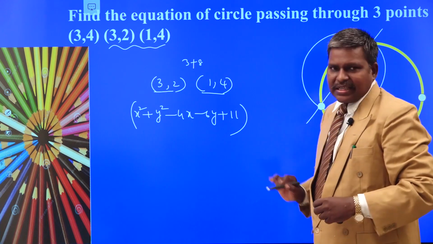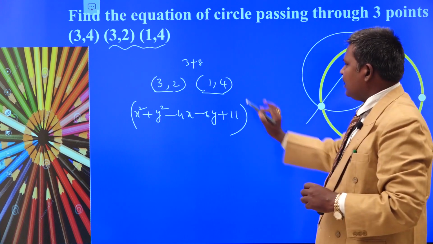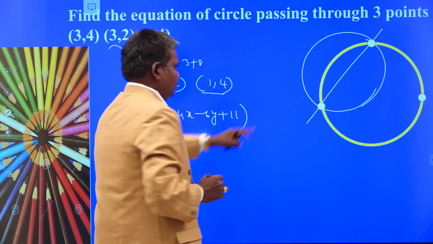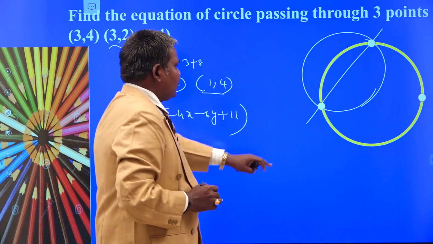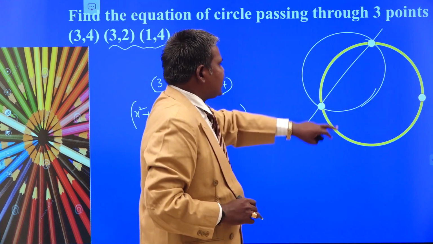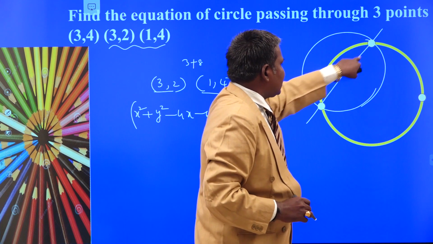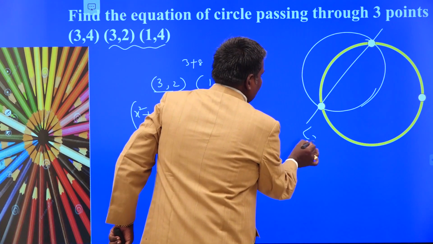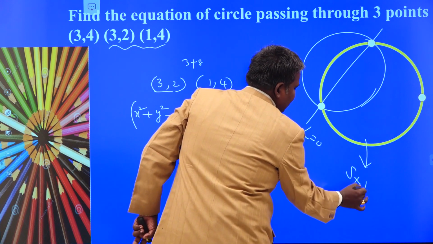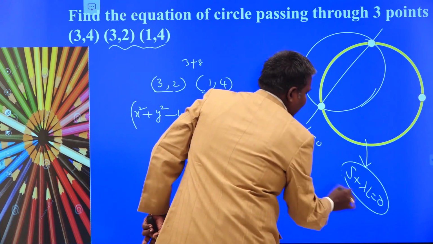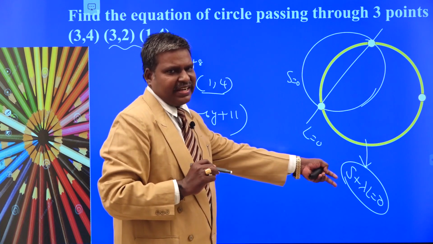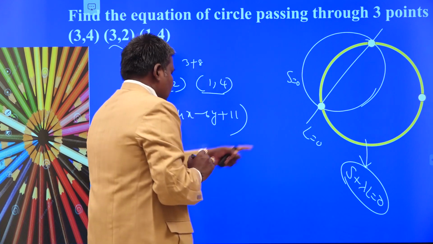This is not my required circle. This is the circle whose ends of diameter are (3, 2) and (1, 4), as shown in this rough diagram. But our circle passes through this point also. That is why I am constructing a circle passing through the points of intersection of my line L equal to 0 and S equal to 0. It is always of the form S plus lambda L equal to 0. I will explain this in the system of circles, how it is obtained. It is a very simple thing, but we need not go into it deeply.